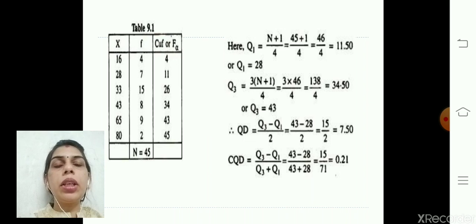So to calculate Q3 we'll put another formula, that is 3 into (n plus 1) by 4. So 3 into 46 by 4, that is 34.50. So we'll find the value nearby 34.50, that is 43. So we can take the value of 43, that is